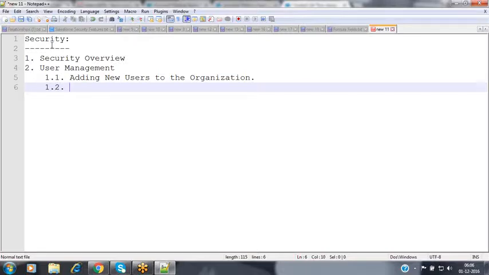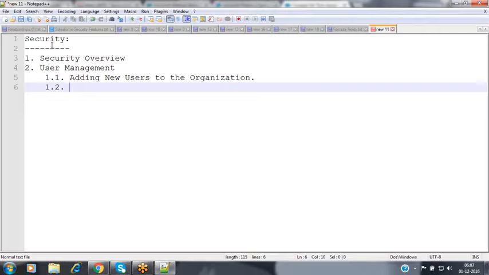Now, from the interview point of view, they will raise the question indirectly: how many ways are there to delete the user record? Generally, people think there might be some new features in Salesforce to remove the user record. But now we don't have any feature in Salesforce to remove a user record. Whatever user records you have created, we cannot remove from Salesforce. The other object records, like account records, you can remove, contact records, you can remove, opportunity records, you can remove, your custom object records, you can remove. The object itself we can remove from Salesforce, but the user record we cannot remove. There is no option in Salesforce.